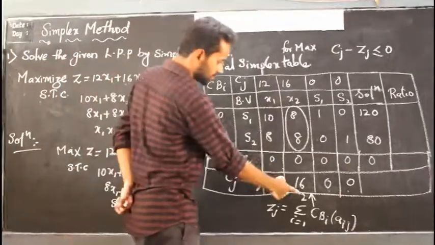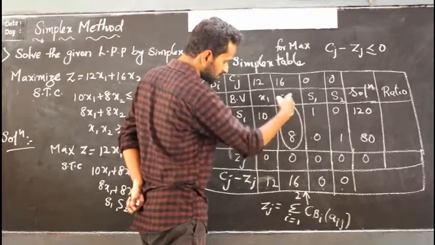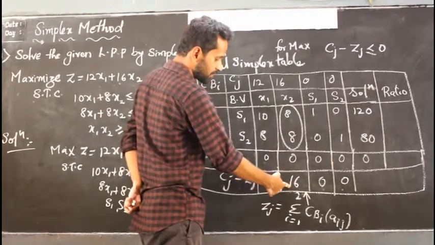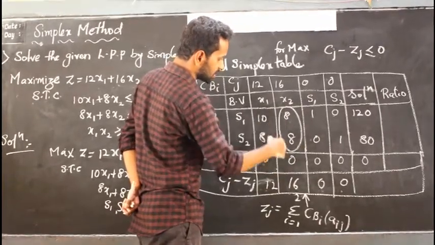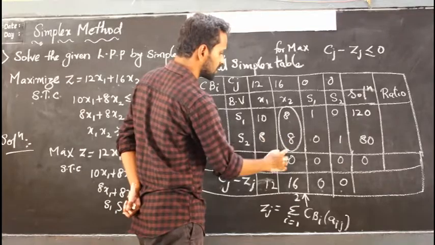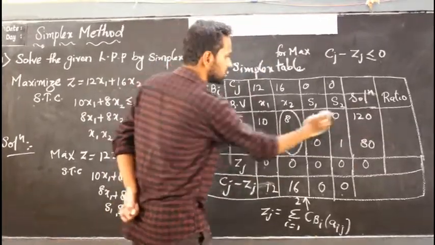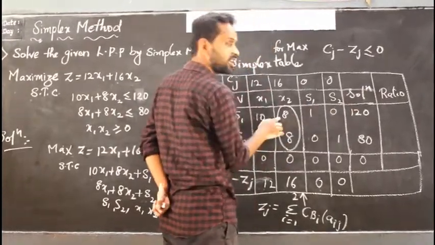So when I introduce the new variable x2, look at it, its arrow mark is showing 16 as the consideration for my problem, and this column is considered as the key column. Now, using this key column, I need to find the ratio. How to find the ratio using the key column? That means I should divide the solution by the key column values.